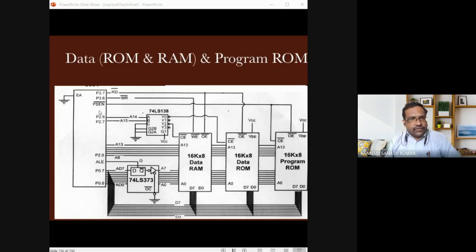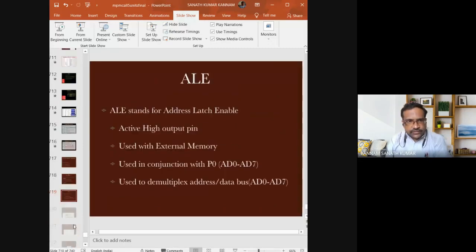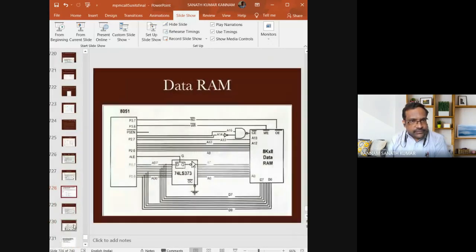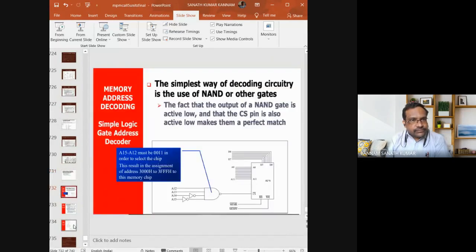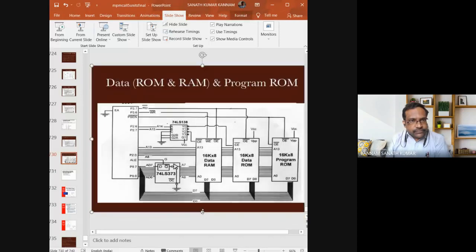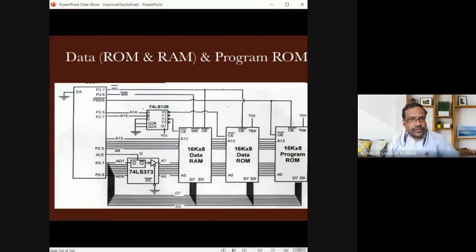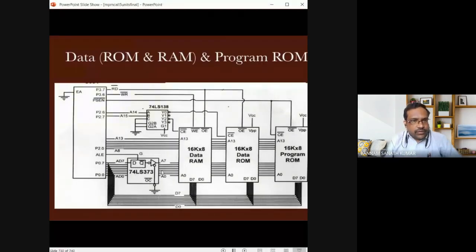Okay, so here if you observe, same thing from port 0.